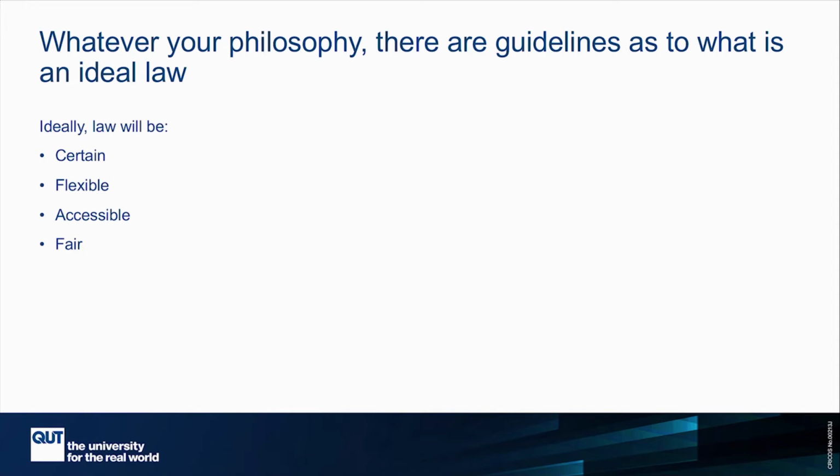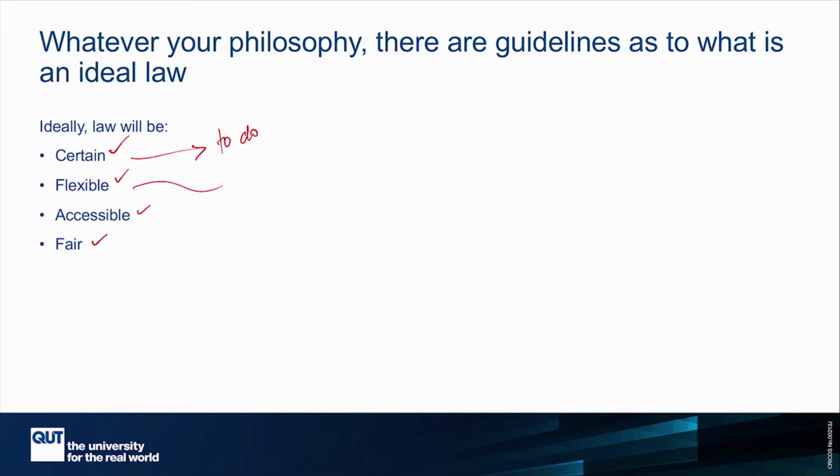So if citizens are going to be able to abide by law and it's going to have a consistent and fair impact on people, law must be certain, flexible, accessible, and fair. Why does it need to be that? Well, we need certainty so that we know what to do. If we're not certain what the law is, we can't work out what we're going to do. You can imagine not being certain whether you could have a contract in place or not with someone, or what the conditions in the contract might actually be. If you weren't certain about that, then you're not certain about the contract, and it's a very unsatisfactory law.